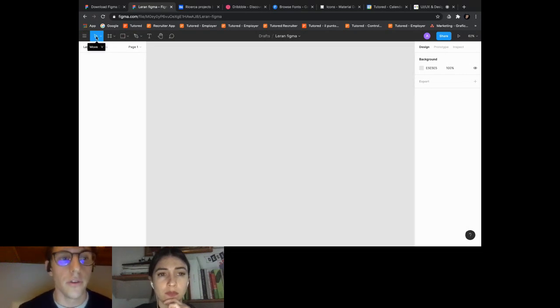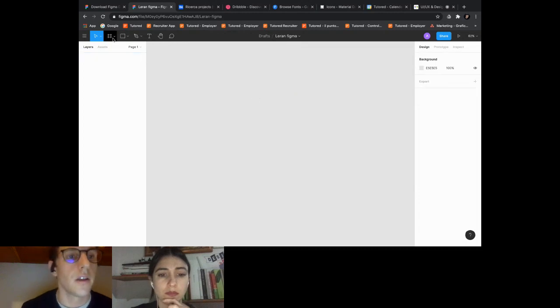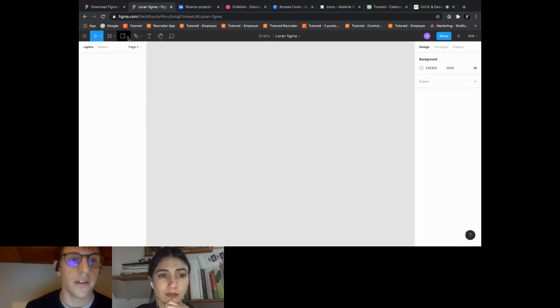We have the move tool. We can select and move our objects around our project like this. We have the most important tool that we will see early, the frame tool. We create our wireframe. The shape tool. We can create some shapes like a rectangle, ellipse, polygon, etc. Drawing tools, it's the same, but we create our own shapes. And the text tool to create our text box.